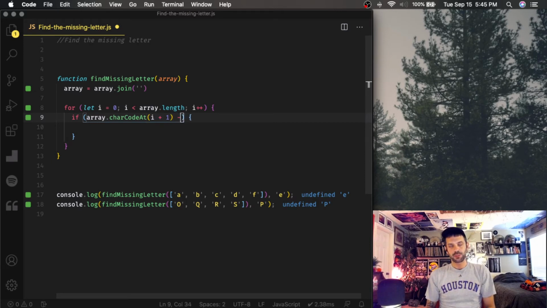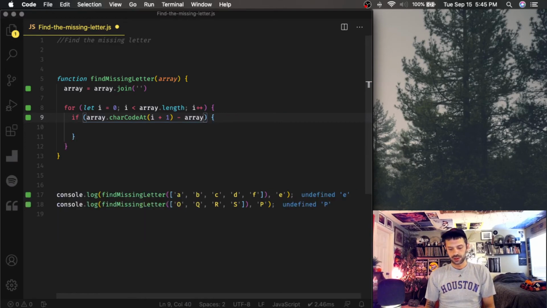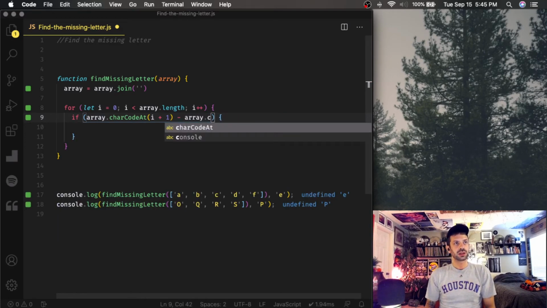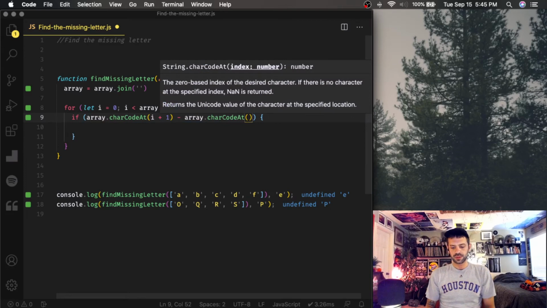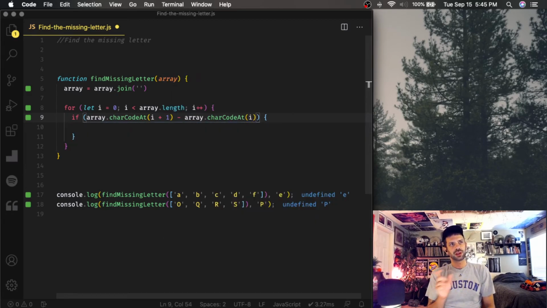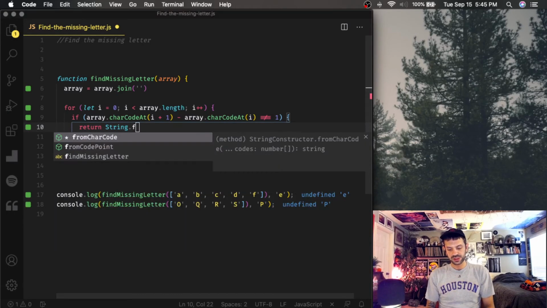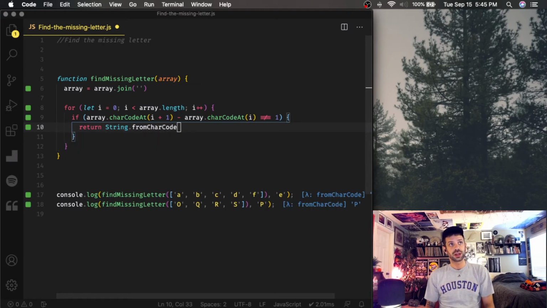And if we say minus the same thing, array dot char code at our first letter, our index, when we subtract those two, if it does not equal 1, then we know there's something missing. So what we'll return is a string, and we'll say from char code at,